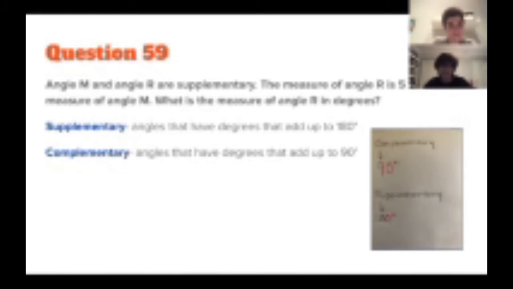The trick that I use to remember complementary and supplementary is that when you write the C, it can be made into a 9 for 90 degrees, and the S in supplementary can be made into an 8 for 80 degrees. Since angles M and R are supplementary, their degree numbers can add up to 180. We can set it up like this. M plus R equals 180. It also says that the measure of angle R is 5 times that of angle M. We can use this in the second equation,